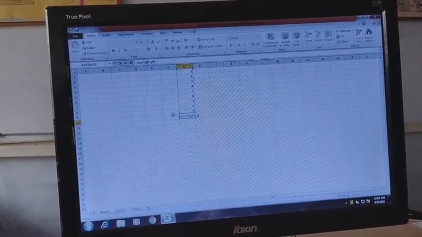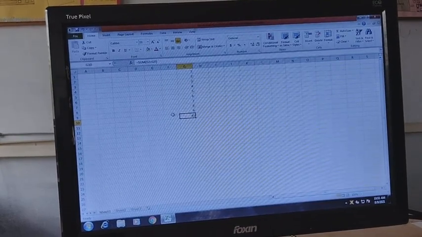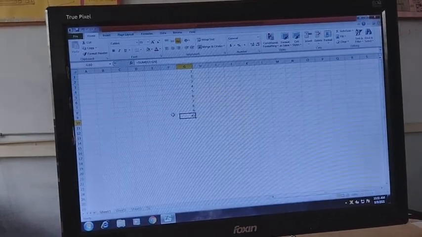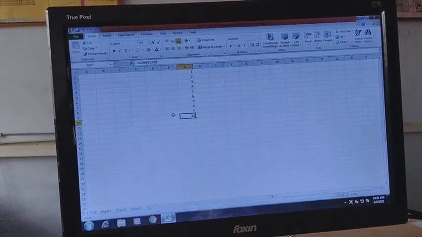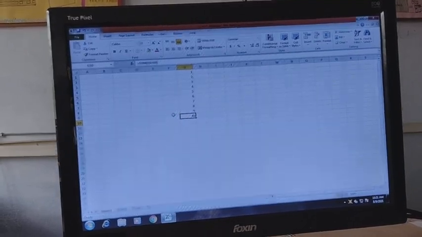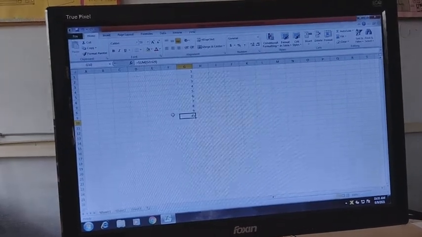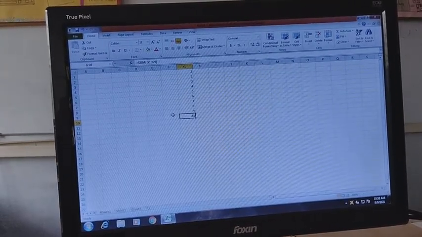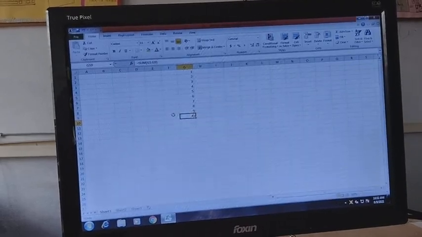It is highlighted by the blue box, and then you can press enter, and you will get the sum here, that is 49. You can see in the formula bar the function which we have used, and the value you can see here in G10 where we have used the sum function.